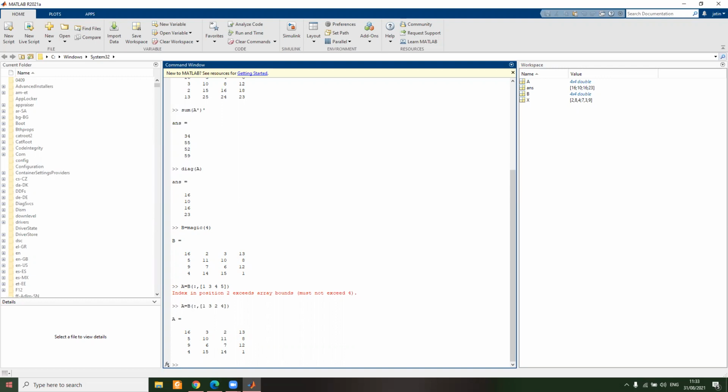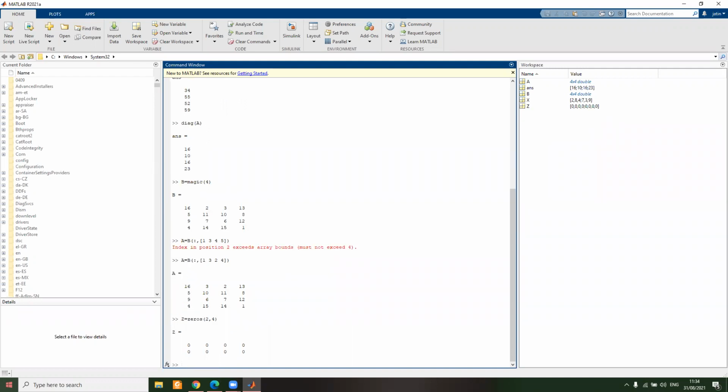So there are more options that MATLAB software provides, like functions. So what type of function are we using? Suppose we are using Z. I'm writing here Z, zeros, and then we write 2, 4. So we close it, we enter, and this is the answer. So if we write a similar thing, suppose Z, we take Q. Fine. Q is equal to 5 multiplied by ones of 3, 3.